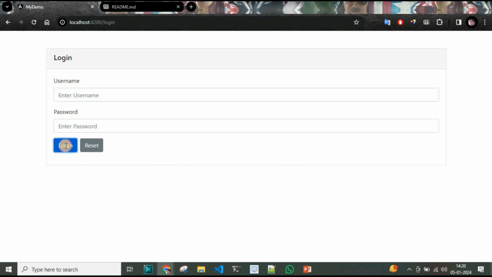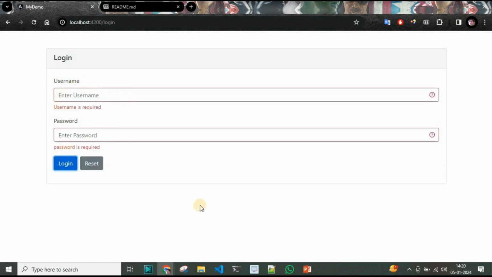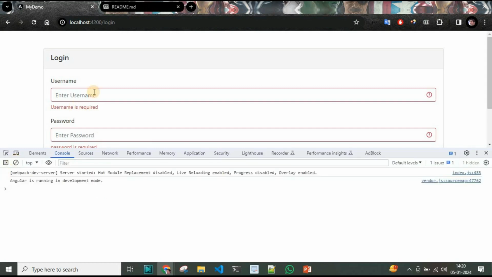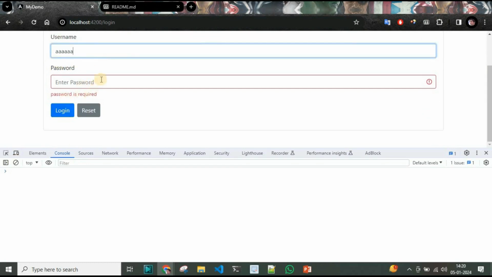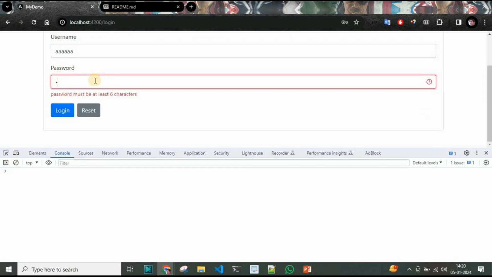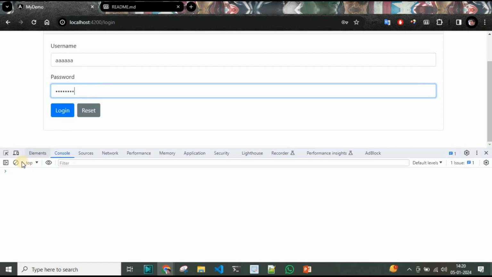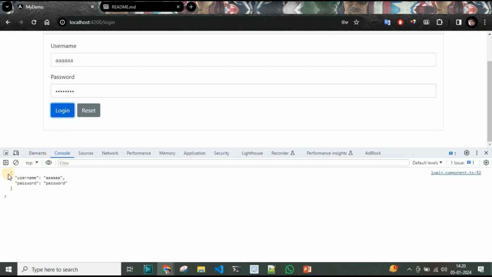So if I press the login button, you can see the username is required and the password is required. So it's telling. And if I put the username, it must be 6 characters. So 346. It's gone, and the password is required. The password also needs 6 characters. So I will make the password. And now if I click login, you can see the